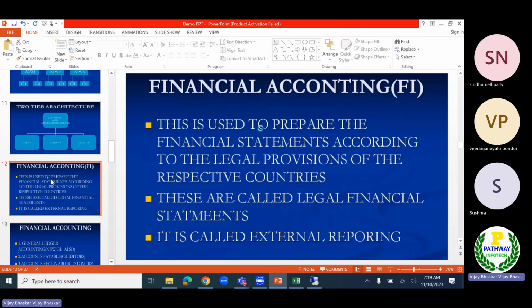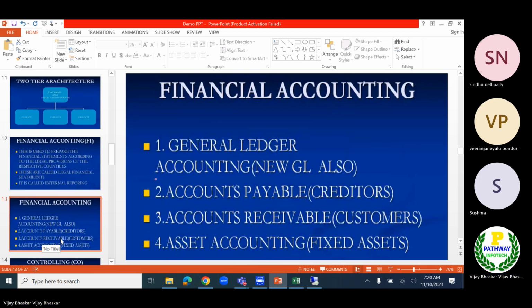Then they must submit the reports. These are called legal financial statements. It is called external reporting, where the organization needs to submit those reports to the shareholders or to government authorities like the tax department, like the Companies Act.